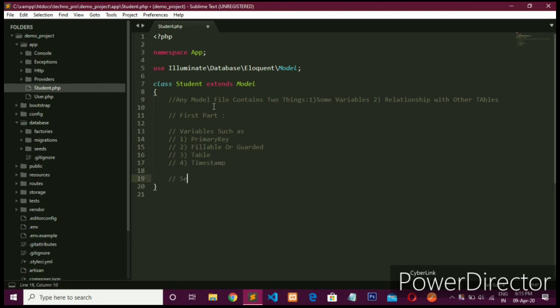And in the second part, it will contain relationships.